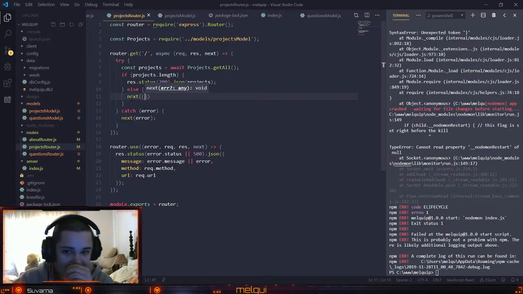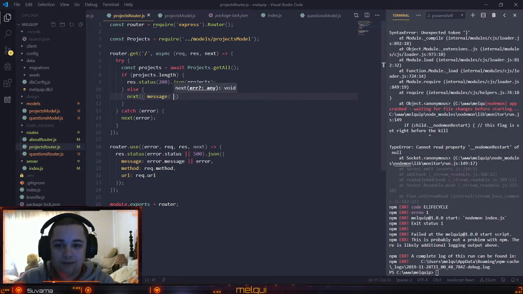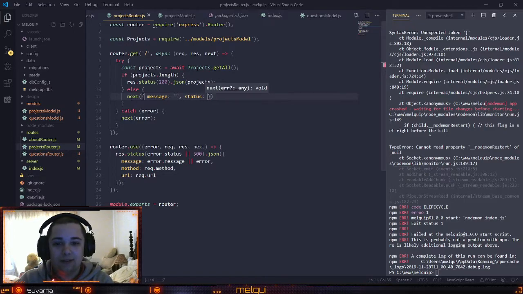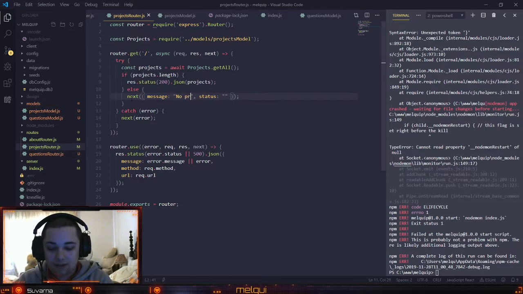So with this error middleware, we can do a message here, and we can also send a status, and yeah, it will work. So if we do "No projects were found," and then for